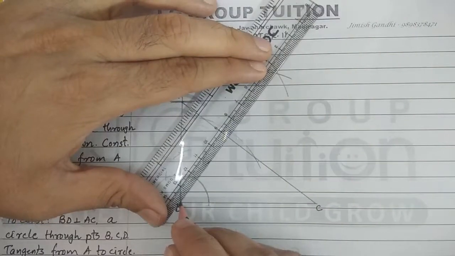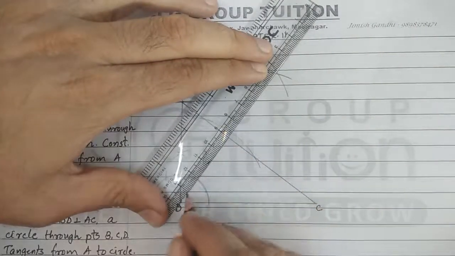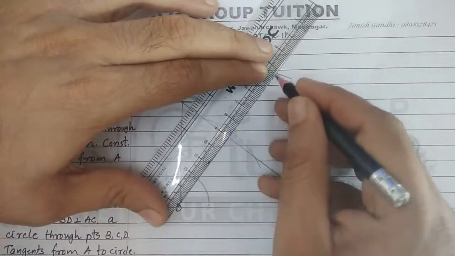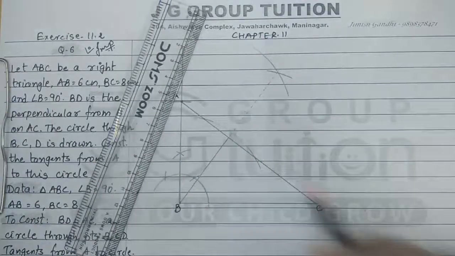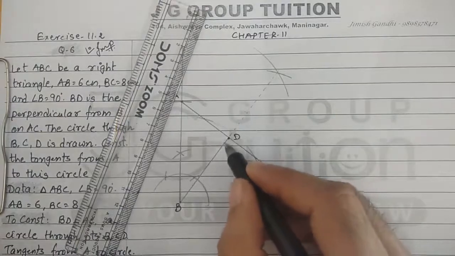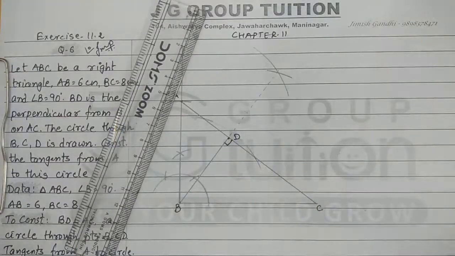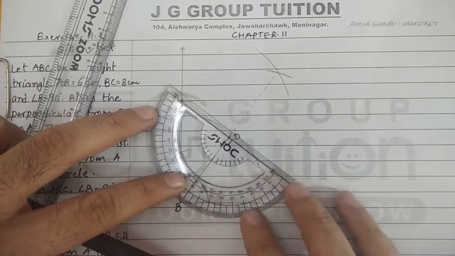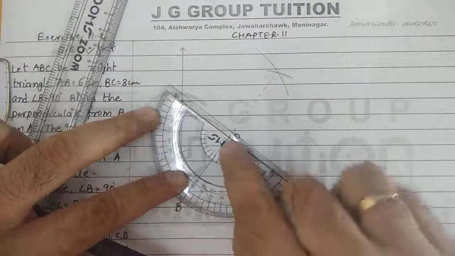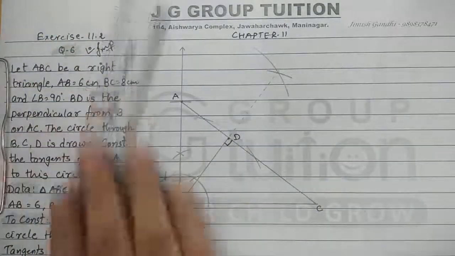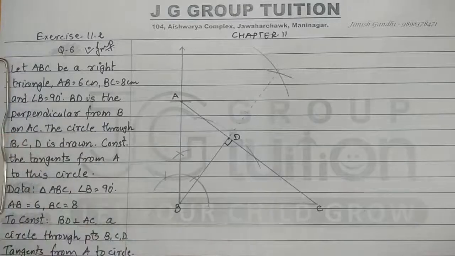Now this intersecting point should be joined to point B. हम इसको B से join कर देंगे. So यहाँ तक हम straight बनाएंगे. That means then it should be a dotted line. आप इसको straight भी बना सकते हो. It doesn't matter. So this is the point which we require, that is point B, and it must be perpendicular. ये राइट एंगल ही होगा. As it is mentioned, we have to construct the perpendicular. So let us check whether it is a right angle or not. So we can say it is a right angle. Fine. So first we obtain that we have to construct BD perpendicular to AC.